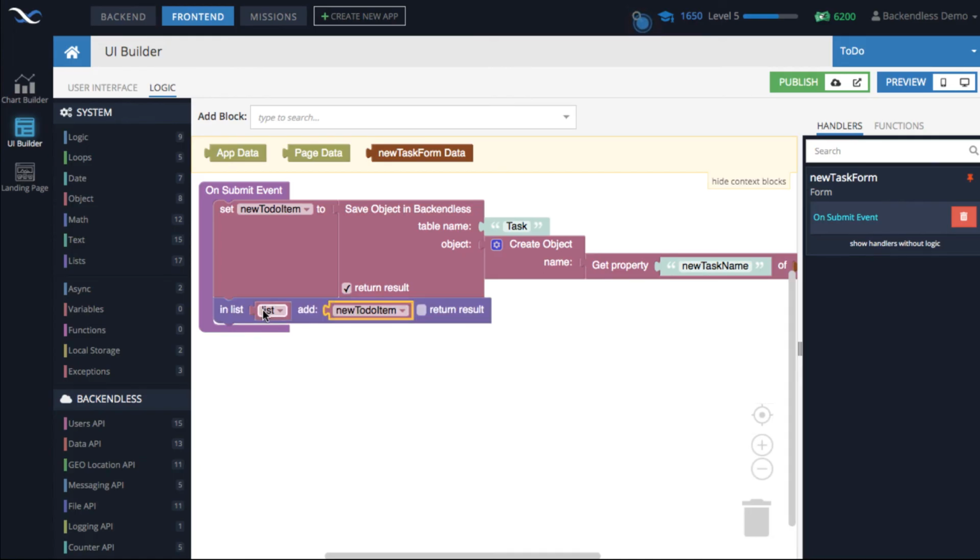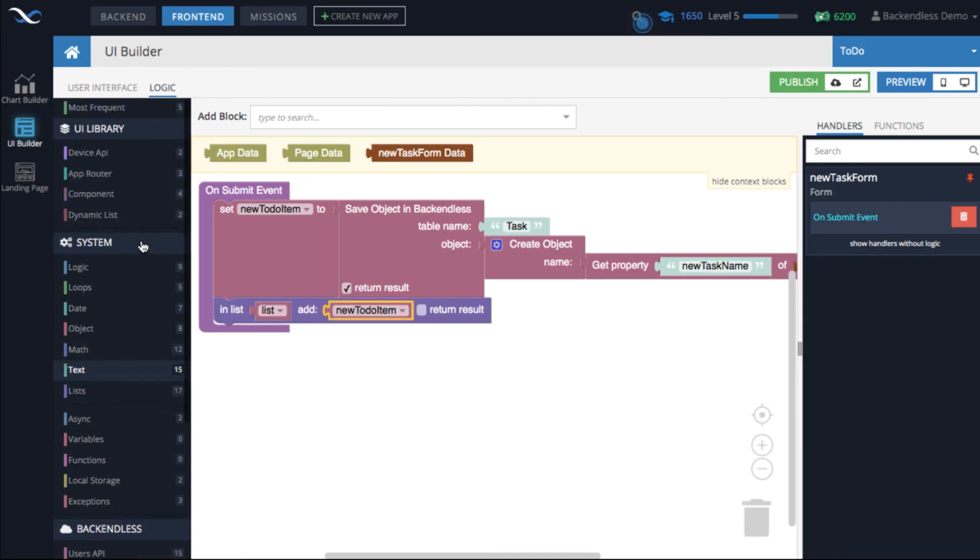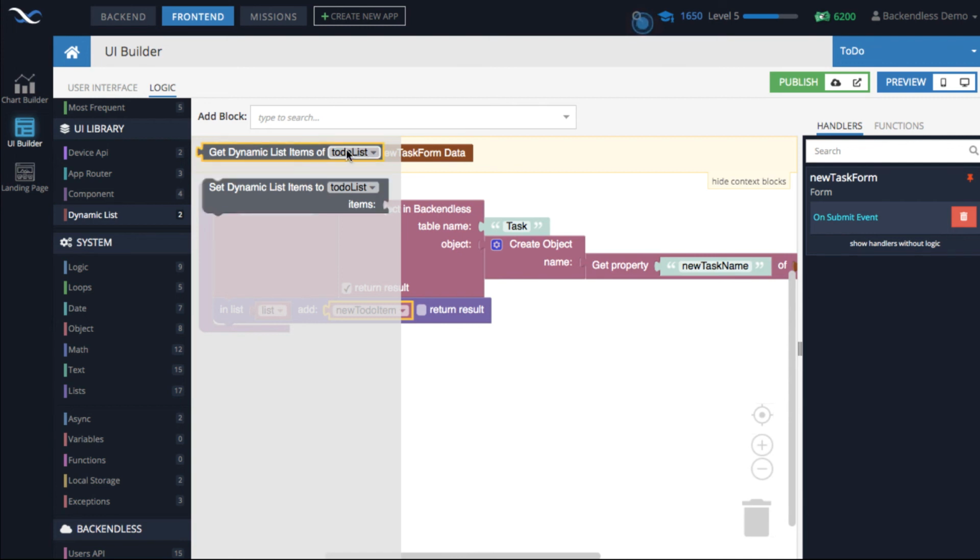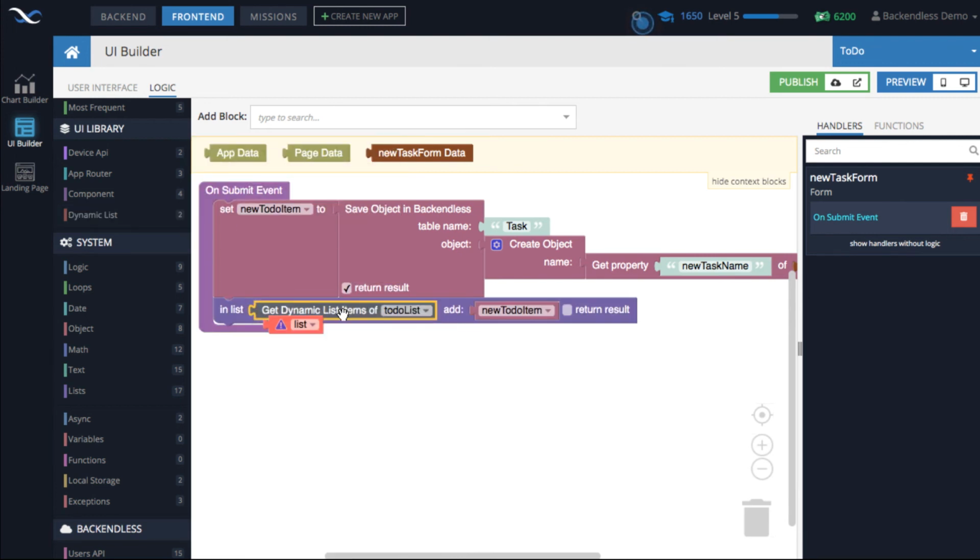And then the list to which we will be adding that to-do item is going to be the data model of our to-do list, like this. So this is very straightforward, and what this block does is very important. It gets the collection of the to-do objects from the data model of the to-do list, and it adds the newly created object to that collection. And then the rest will happen automatically because the model is updated. And once the model is updated, then the UI re-renders itself to render that new object.